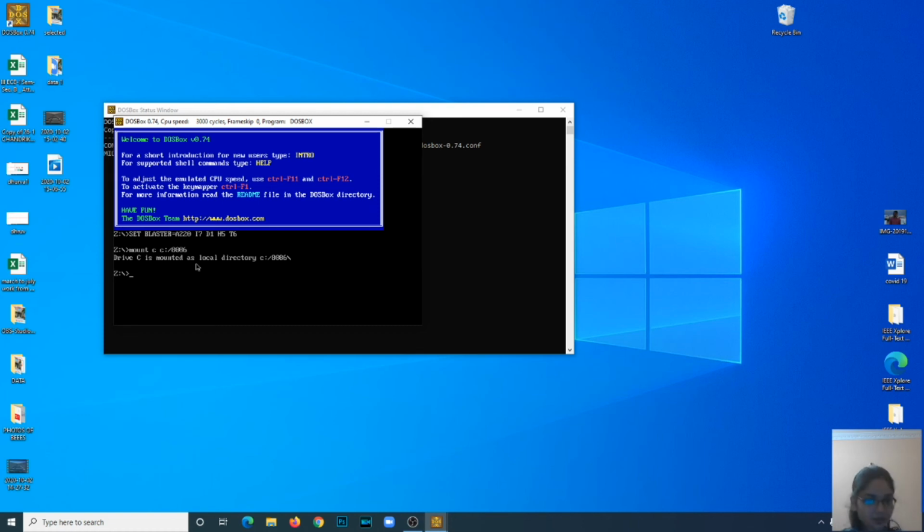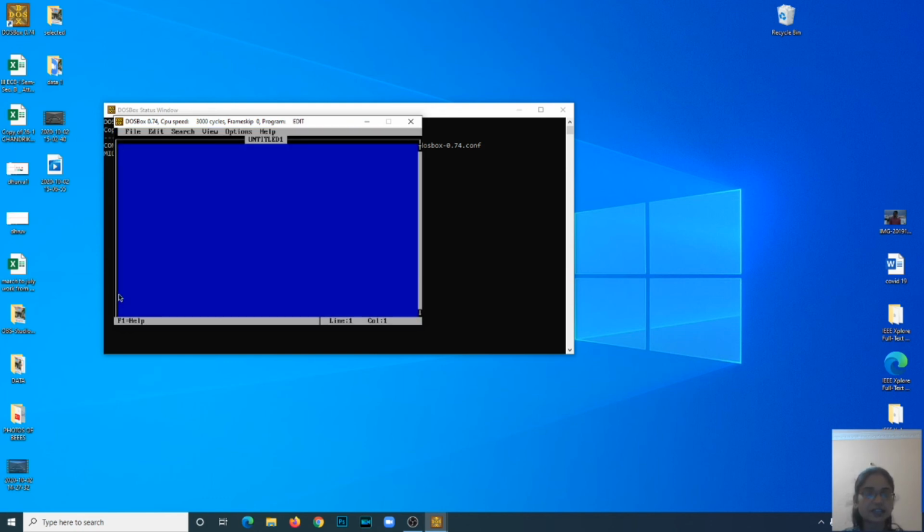Now type C colon and press enter. After this you can see here your directory and drive is in C. So in this C drive, to write our program I am typing edit and press enter. After the enter you get this blue screen.